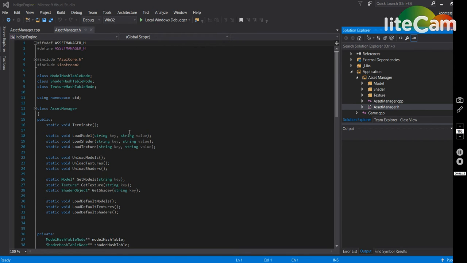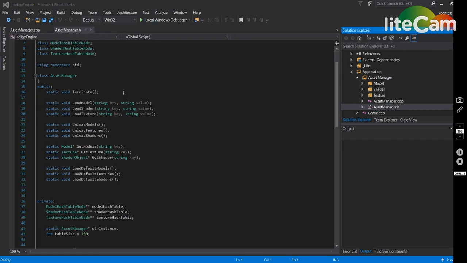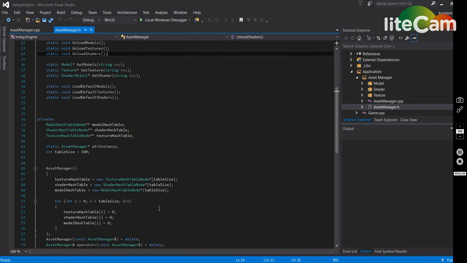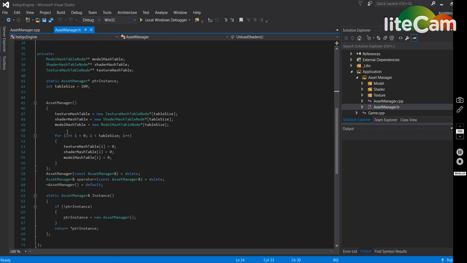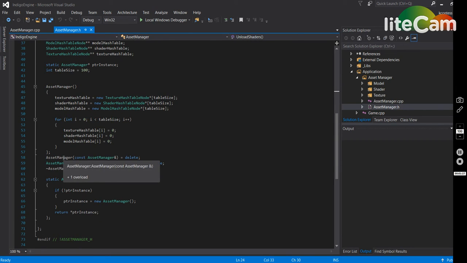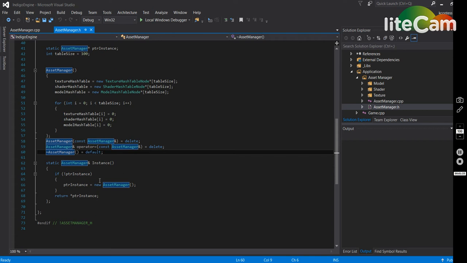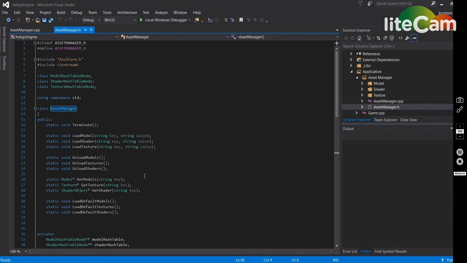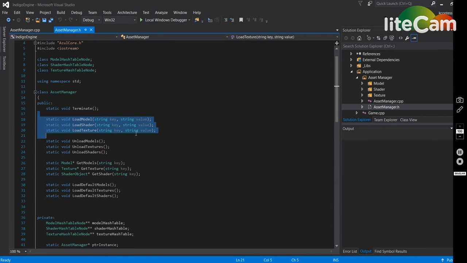But with the singleton, you need your terminate, you need your little constructor in the private, you need the copy, the assignment, the destructor here too, and then you need your instance creator, so then it obviously creates a new instance. So then I go back to the top, and then we have the load models, load model, shader, texture, we have the unloads, we have the get, and then we have, for later use, I know you said the load